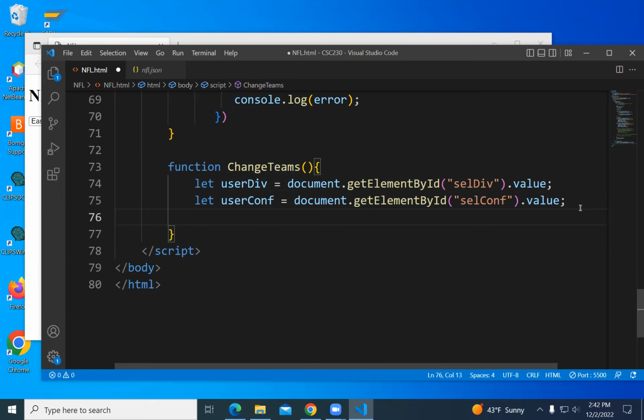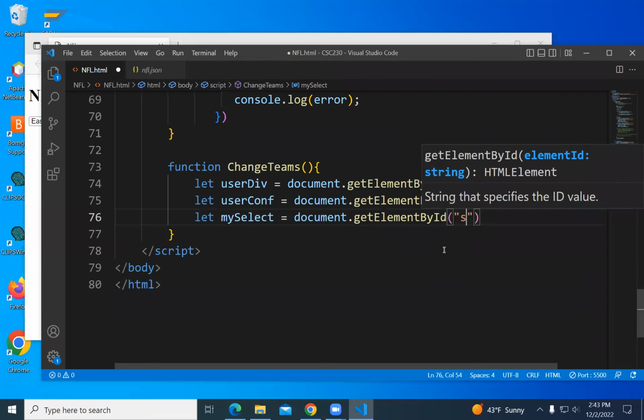I hope that's right. And then I'm going to loop over the teams and ask if the user's division is a division of that team, and is a Boolean, and if the division is the division and the conference is the conference, then I'm going to populate. So I'm going to do a let my select is document.getElementById, and this was sel team.